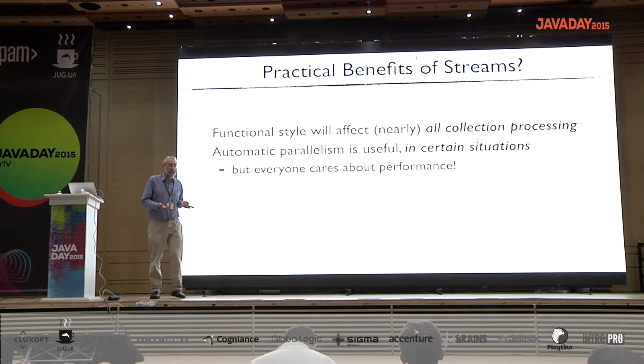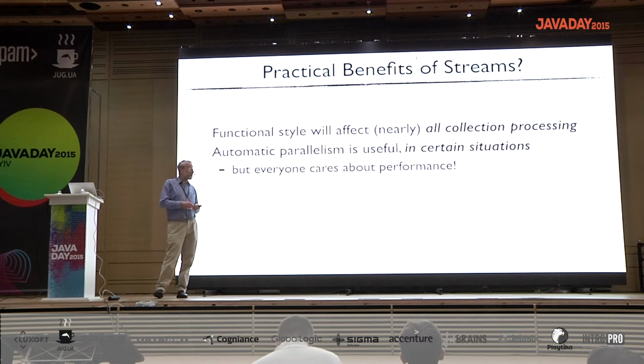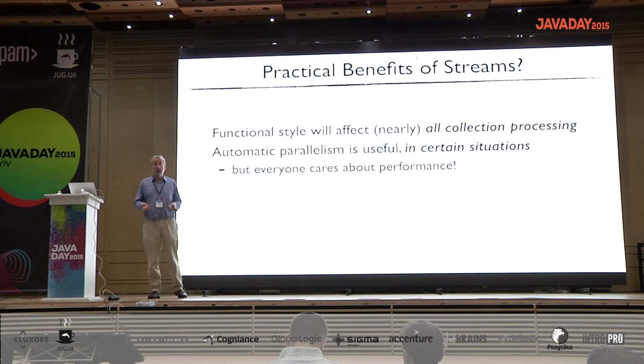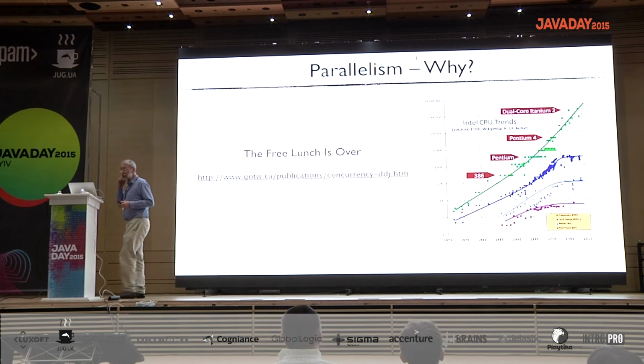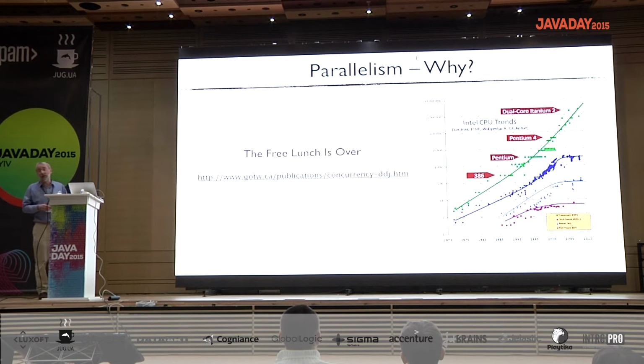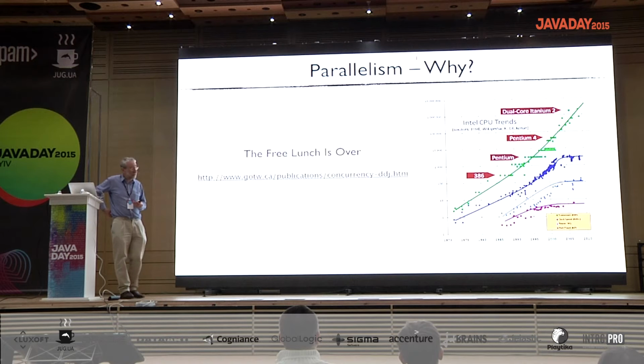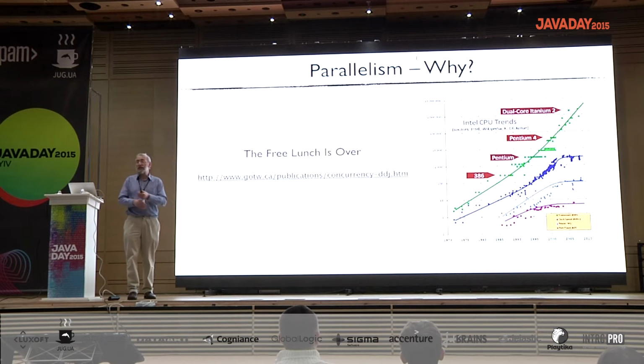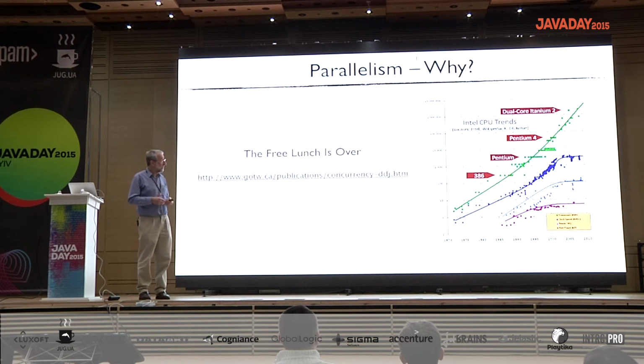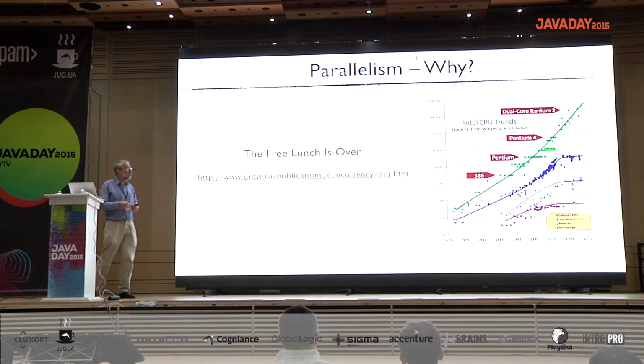Well, the fundamental driver for getting automatic parallelization into Java was this graph, which I guess quite a lot of you have seen. It's taken from a very famous article called "The Free Lunch Is Over" by Herb Sutter, and I noticed it was published, I was looking at it recently, almost exactly 10 years ago. So 10 years ago, Herb Sutter, who was much more awake than most of us, a very well-known author in the C++ area,